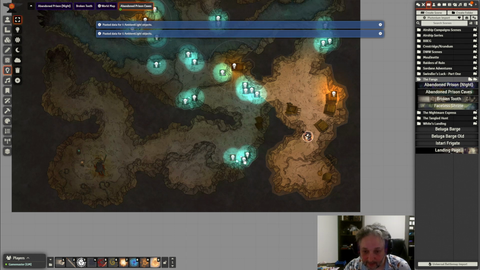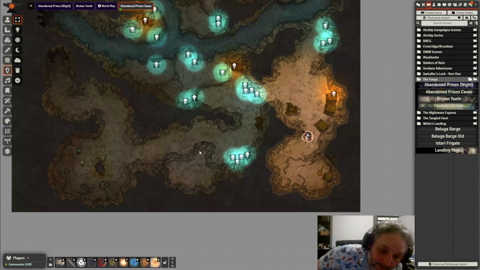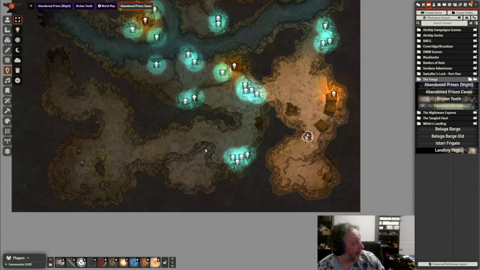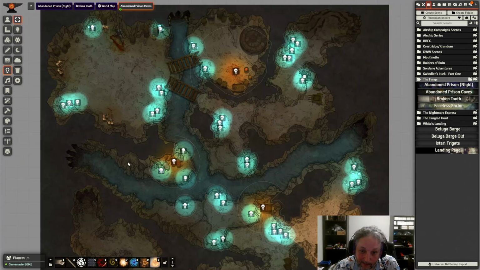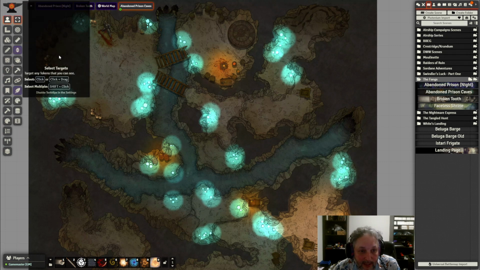Because let me tell you, we DMs have enough to do, between making our players happy and engaged in our games, right? And not spending an hour on walling up a single map that they may not even see. You know, what if they don't go down here, and you've spent all this time for nothing? Well, that's what I like about having walled these: now I have all the other versions of it, right? So here, let's take a look